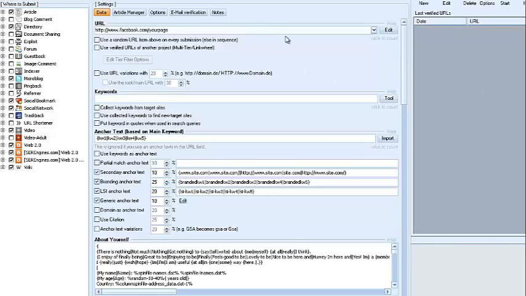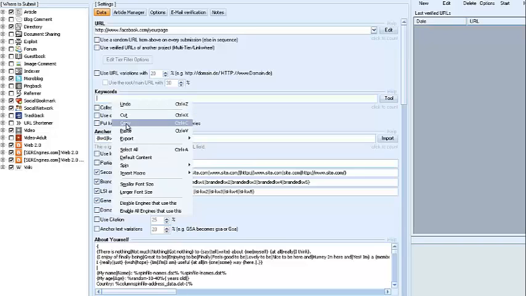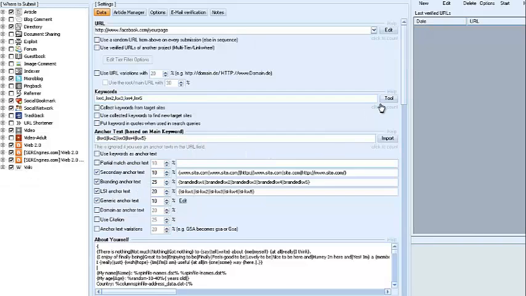Okay, so we've gone ahead and set up our URL, gone over how to add multiple URL campaigns. We've laid down our anchor text so we get great diversity and we have full control. And now we're going to use the keywords. Now, some may wonder why we're using keywords when we already use anchor text, based on our main keywords, and we'll go over that in a minute here. So I'm just going to drop our keywords in,